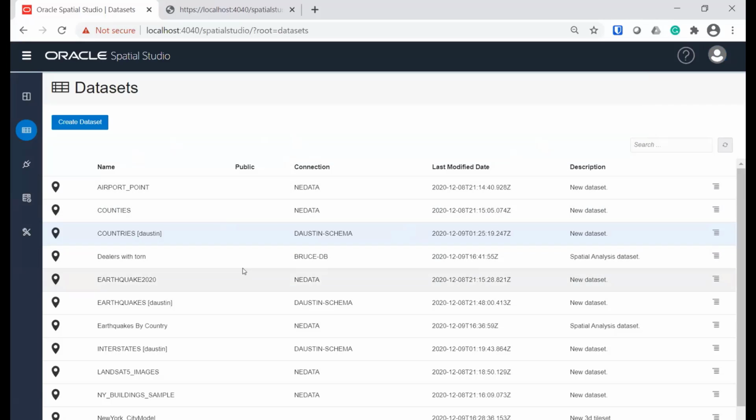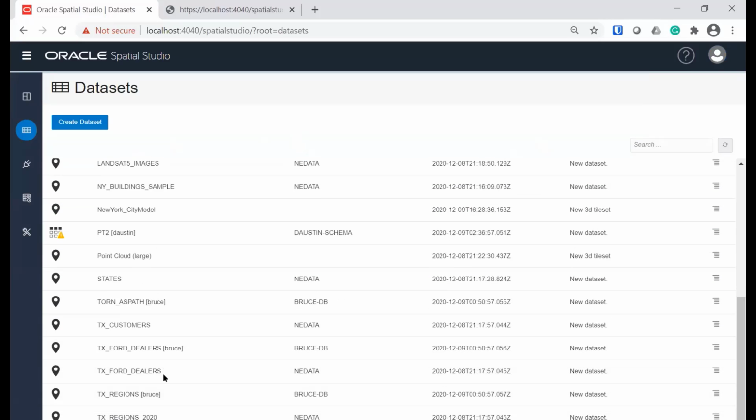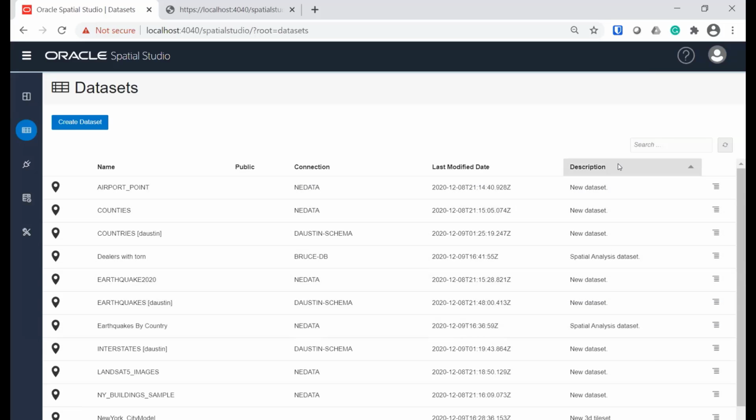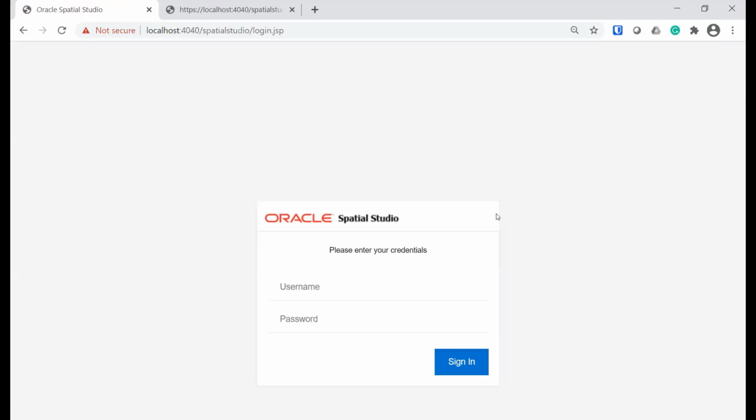So far I've been logged in as admin, just because as an admin, I can see everyone's dataset. You can see that there is a little username attached to the dataset name if this dataset is not created by the currently logged in user, which in this case is the admin. But I wanted to use a different studio user, which is a normal user,